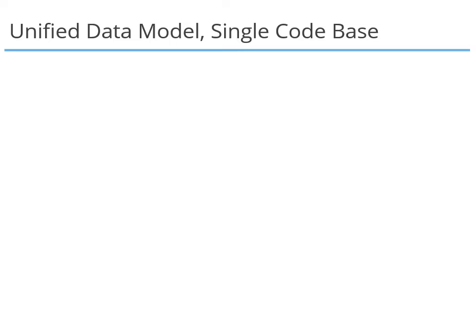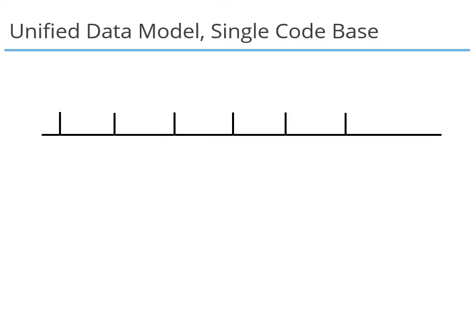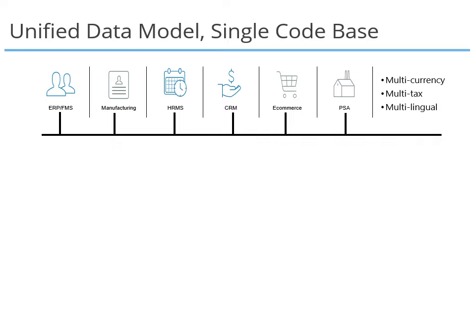This slide, let us now look at what is a unified data model and how it has been architected in NetSuite Business Solutions. Many organizations buy enterprise resource planning software, customer relationship management software, and e-commerce solution from different vendors. These solutions are implemented by different service providers. Each of them has its own database and data model centered around their applications, creating lots of data silos within the organization.